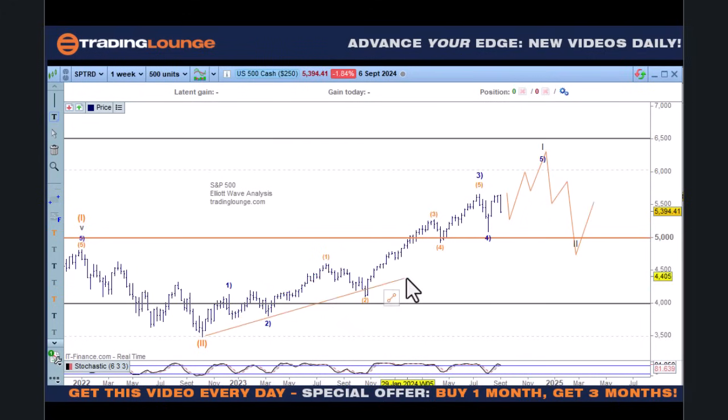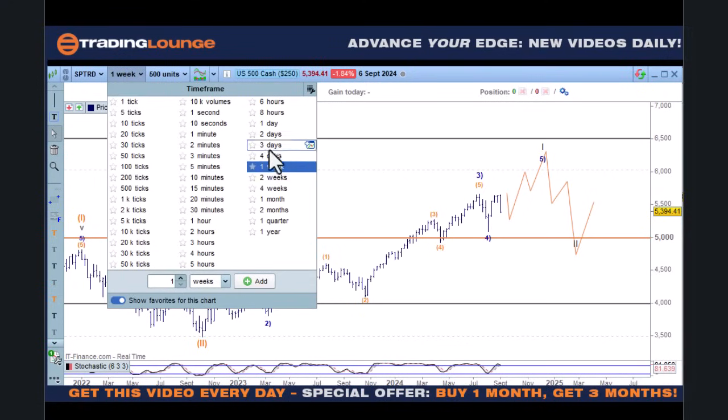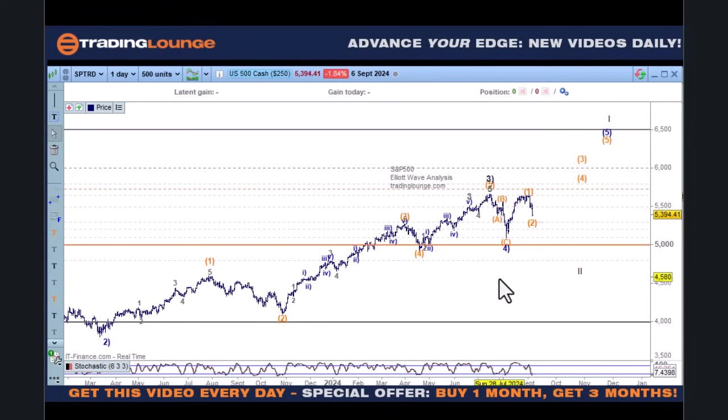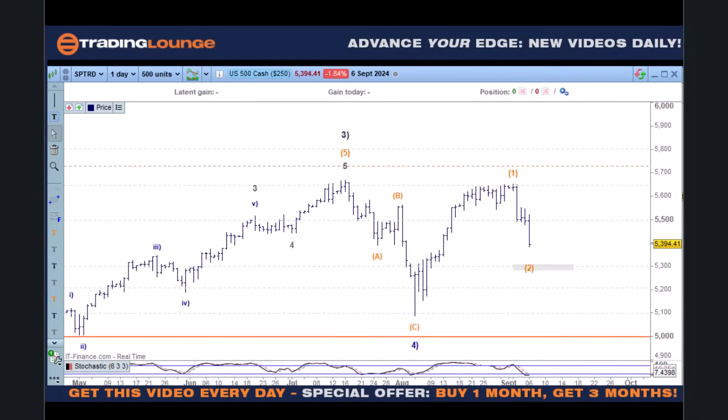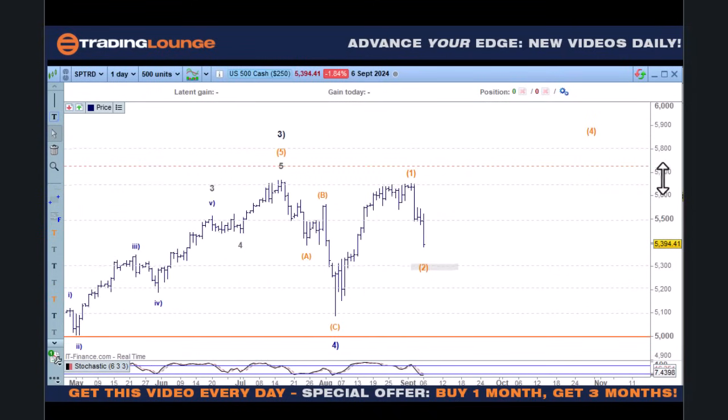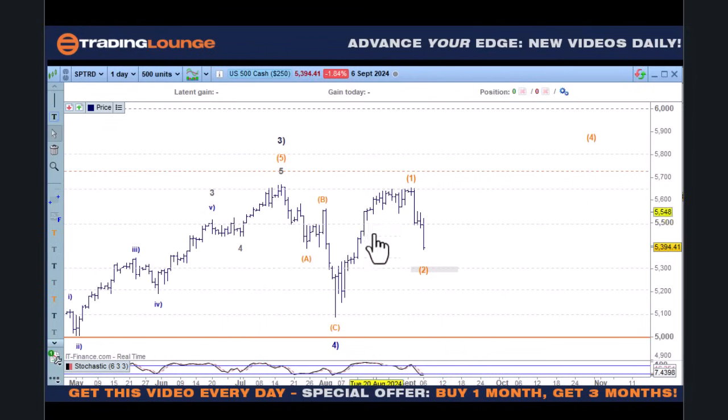So let's just go in and have a little look at that for a moment, going from the weekly to the daily, get the brain cells working Monday morning. So we've been looking at it like this. I need to do a couple of things here. I need to talk about this particular top. First of all, though, as you know, if you've been tracking what we've been doing, we're looking at an impulse wave to the upside and then a correction back for wave 2.